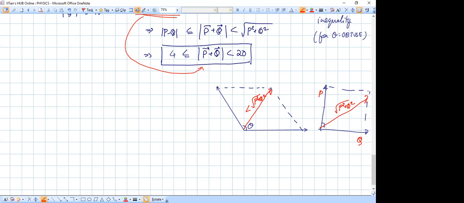So it's not possible. But the thing is, doing all that is too lengthy. No? So the moment we think of an obtuse angle, we should immediately picture this diagram. We should picture that it is a parallelogram where the angle between P and Q has become obtuse. So this sum P plus Q, this diagonal has become less than this kind of hypotenuse. So it has become less than root of P square plus Q square. So it has to be less than 20. And that's the efficient way of solving this question. Okay, let's come to question 7 next.